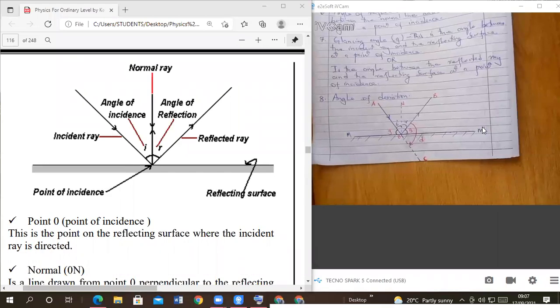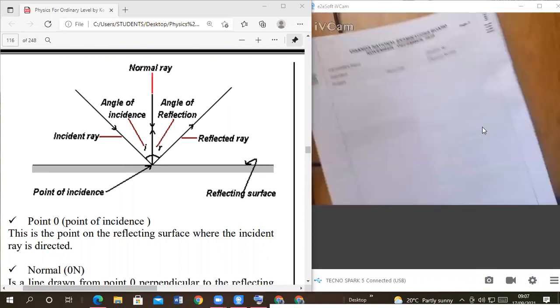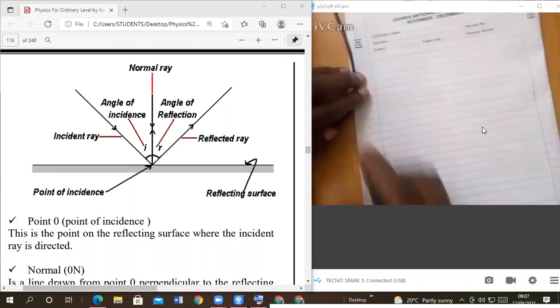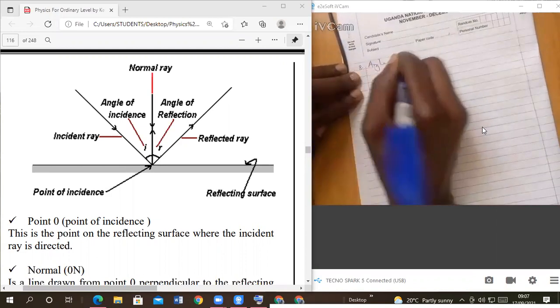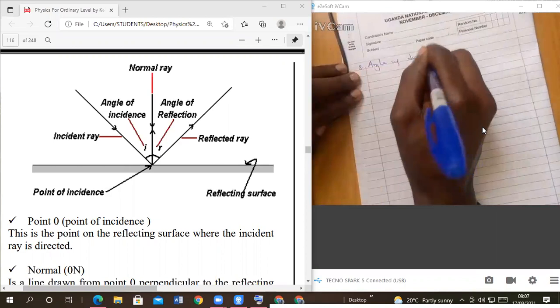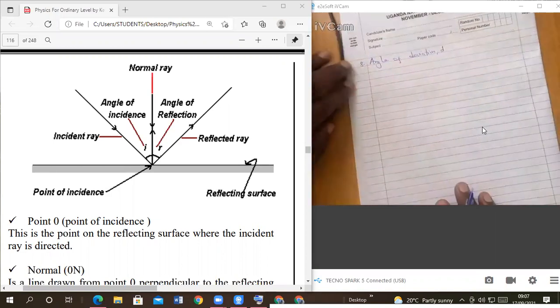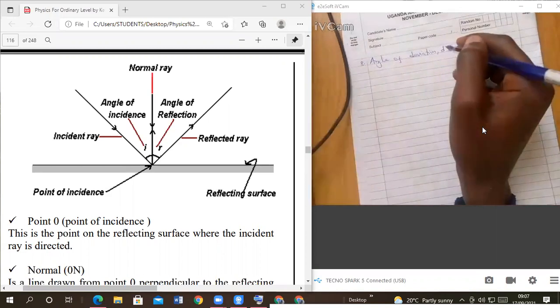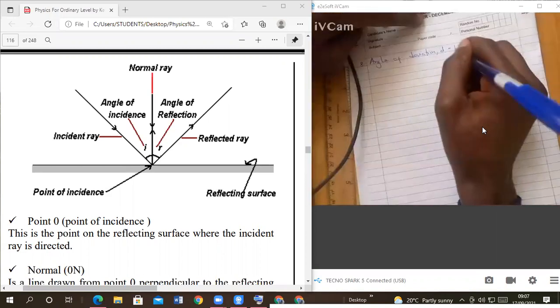Number 8, angle of deviation, D. We said this is